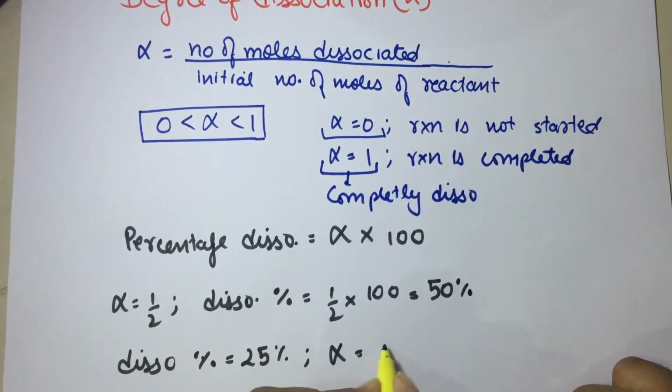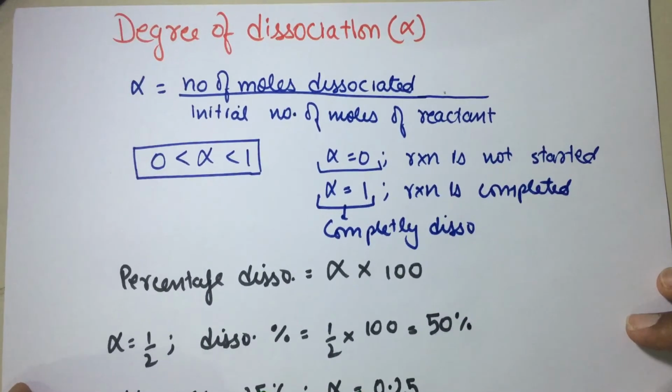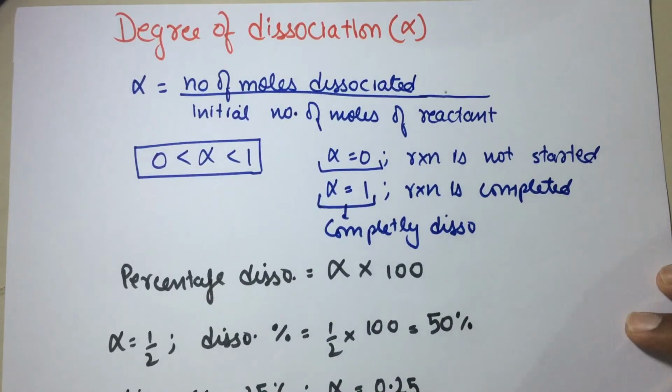अल्फ़ा की वैल्यू हो जाएगी 0.25। तो ऐसे आप परसेंटेज को इजीली कन्वर्ट कर सकते हो। अब अपने को ये पढ़ना है कि इनको अपन रिएक्शंस में कैसे यूज़ में लें। ठीक है, तो यहाँ तक मैंने आपको बताया कि डिग्री ऑफ डिसोसिएशन क्या होता है, कि कोई भी रिएक्शन किस एक्सटेंट तक डिसोशिएट होती है। ठीक है, अब देखो how we use it in a reaction.